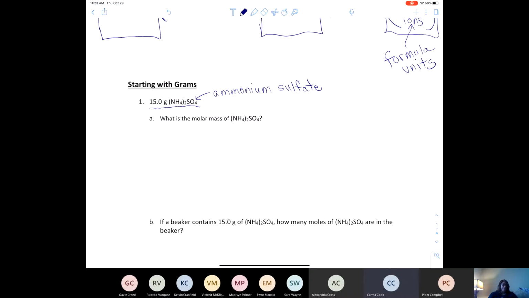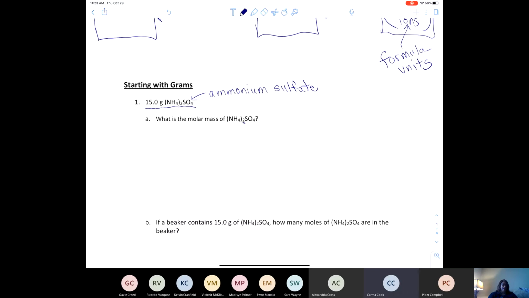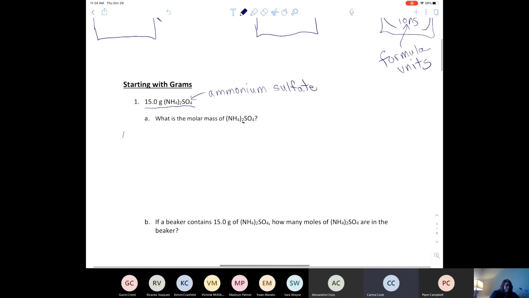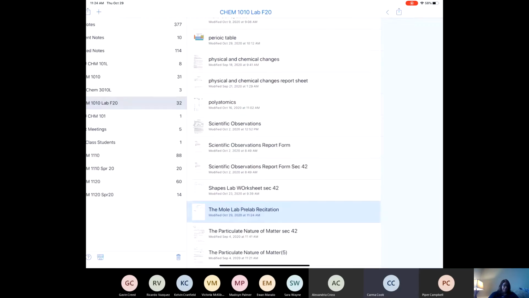So for ammonium sulfate, you have 2 ammonium ions. So that 2 that's outside of the parentheses is not just for the hydrogen, but is also for the nitrogen. So there are 2 nitrogen atoms in the formula for ammonium sulfate, and there are 8 hydrogen atoms, 2 times 4. And so to find the molar mass, there are 2 nitrogens, and if we consult our periodic table,